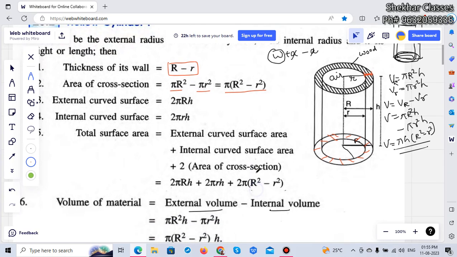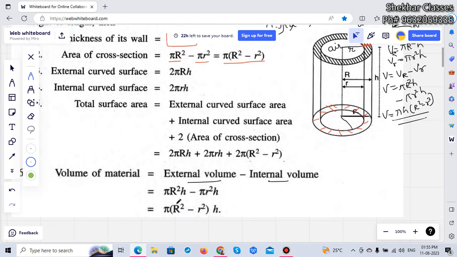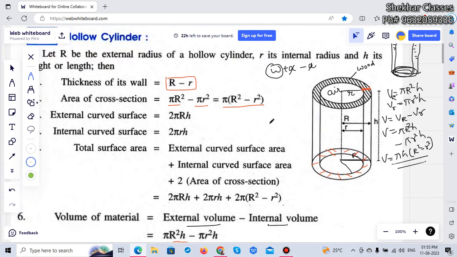So this is the area of cross section, pi (capital R square minus r square), and multiply that with the height. This is the general formula for finding out any volume. If it is symmetrical, then it will be the volume, and that volume is into h, right? Now